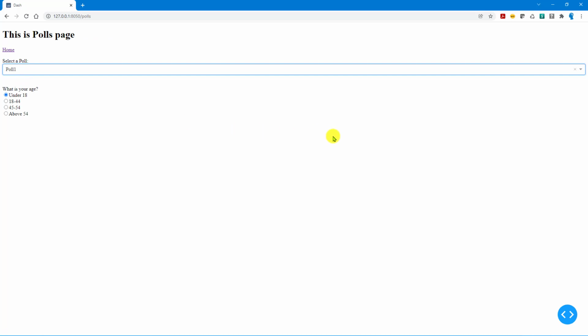Okay, so hopefully we got a fair idea about how to structure Dash, specifically a multi-page Dash application, in a way where the page-wise layouts and callbacks are in separate files. In the next video we'll talk about another structuring option where we will keep all the layouts in a separate file and all the callbacks in a separate file as well.